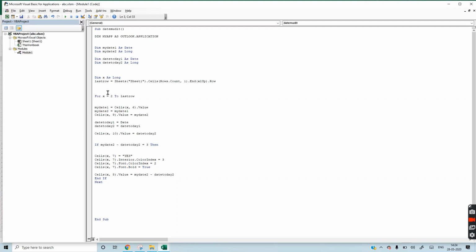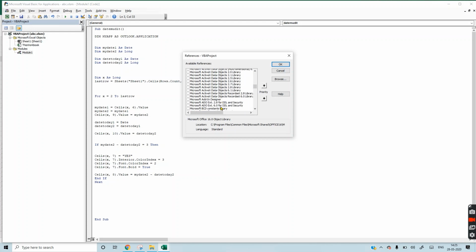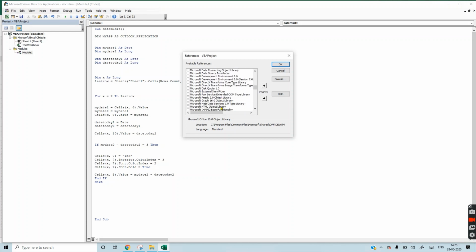Now one thing you have to take care of: go to Tools, References. You have to click Microsoft Office 16.0 object library. Also you will have the Outlook library, Microsoft Outlook 12.0 object library.